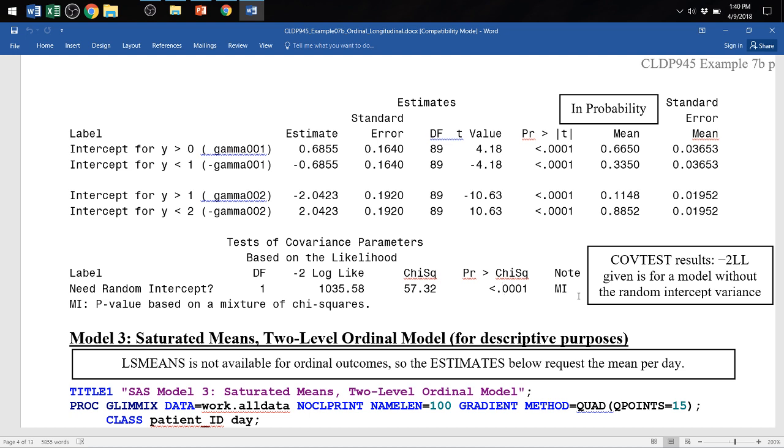I don't like that, because if it's better, you don't know which of the things you added made it better. So I always do it in 2 steps. Now in this case, I'm going to ask you to go straight from an empty means random intercept model to the random linear time model, because as part of the output, it is going to implicitly estimate what the fixed linear time model would have been and do the minus 2 log likelihood comparison just against that. So you get both tests of both parts of the model separately within the same output using CoveTest, which is